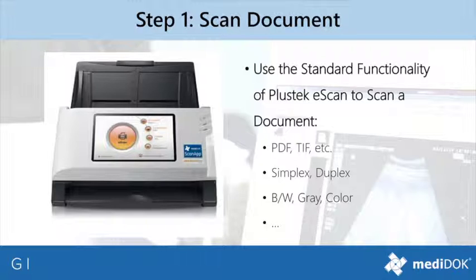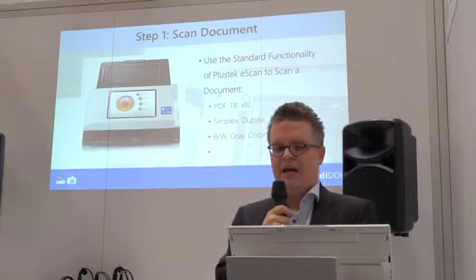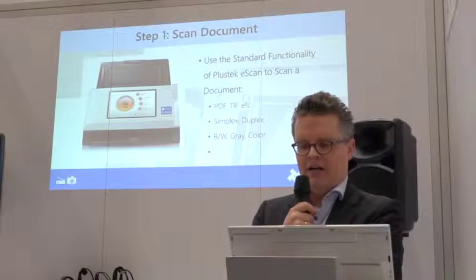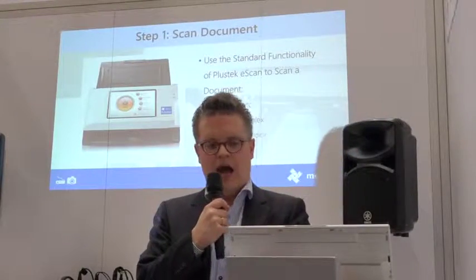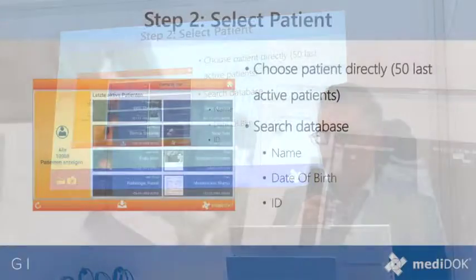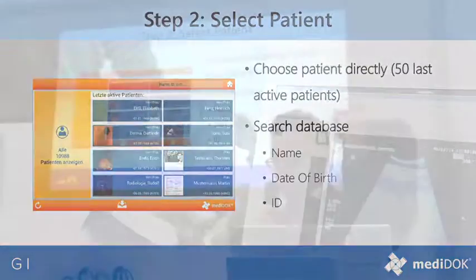First of all, you use the standard functionality of the Plustek eScan to scan the document. You can scan a PDF, a TIFF file, you can use simplex or duplex, all the standard features that the Plustek eScan scanner is offering. But second, after scanning, the mediDOK ScanApp appears on the scanner, and in step 1, you